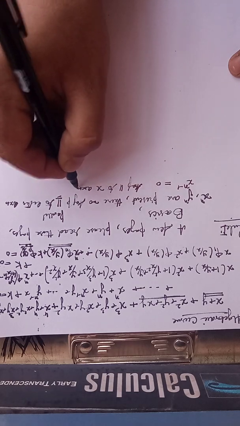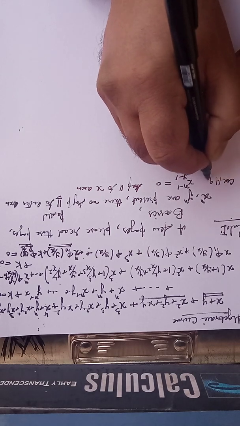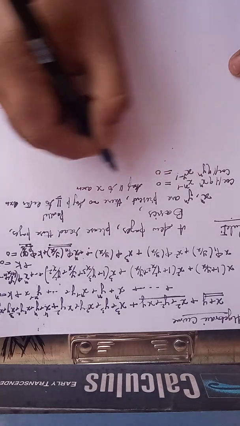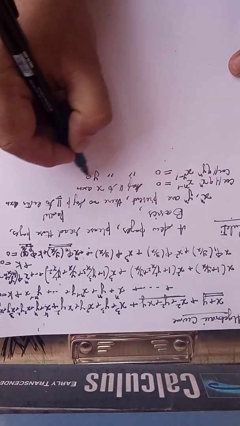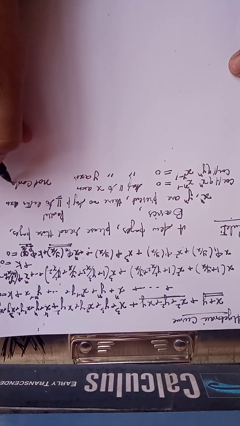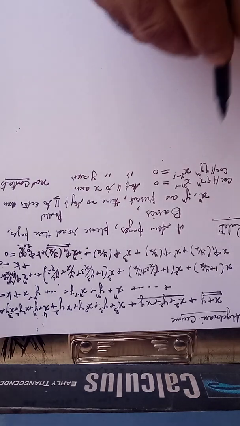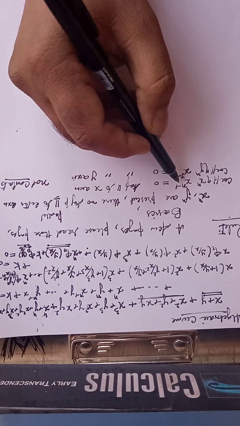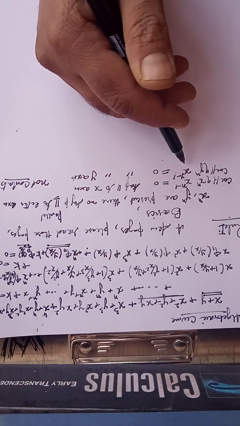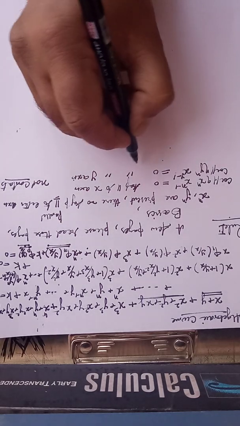axis, and the coefficient of y raised to power n minus 1 when equated to 0 gives an asymptote parallel to y axis, provided these are not constants. If they are constant, then there will be no asymptotes. You cannot put 5 equal to 0, 6 equal to 0. If x raised to power n minus 1 is not present, then you have to go to x raised to power n minus 2. If y raised to power n minus 1 is not present, then you have to go to y raised to power n minus 2. For example,